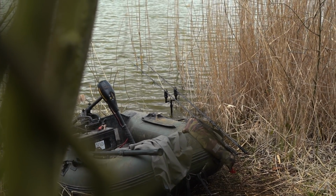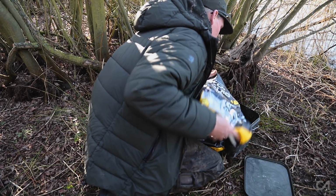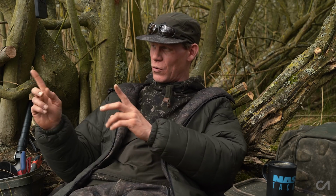Haven't seen any shows. Like I say, it is a little bit blowy at the moment. Just really, really content and happy. Didn't go mad with the bait because I introduced, I wouldn't say a huge amount yesterday, but over the various different areas, in total maybe 1.5 kilos. I was kind of hoping that might have disappeared by the time I got back this morning. And my gut instinct, certainly on these two shorter range spots here, is the bait has gone,